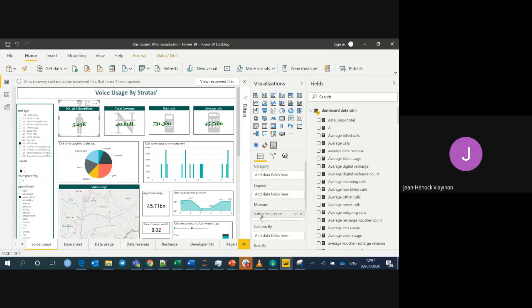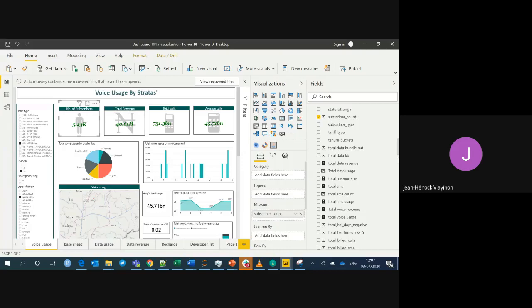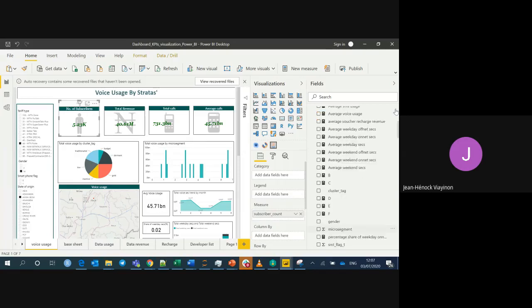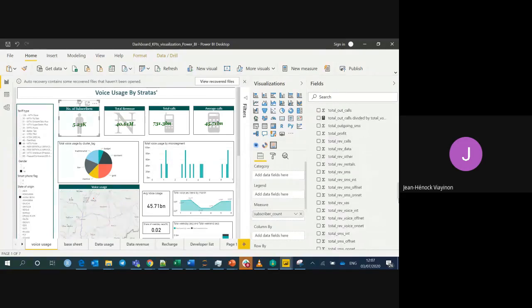So here I just use the legend subscriber count. Where do I get this legend? Actually from the dashboard data CDM. Yes, so I just show you the data before. So you have three kinds of data here, but we are actually using this one